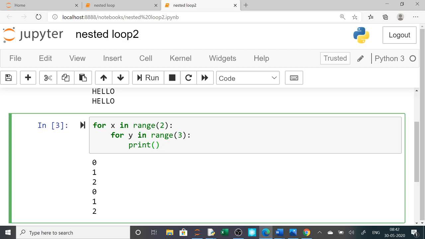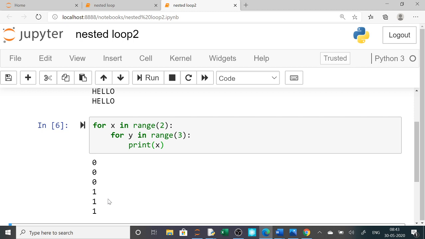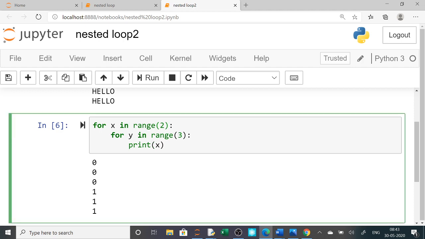If you want to print x here, then what do you have to do? Simply you write x here, and what will it print, any idea? It will print, yes, 0 0 0 1 1 1. Clear? Let us check: 0 0 0, 3 times, and 1 1 1, 3 times. So when you run it, it gives 0 0 0 and 1 1 1. Clear? So like this, many patterns you can make. Let us start with the patterns. For a pattern, what do you have to do? Suppose you have written here 1 comma 6.